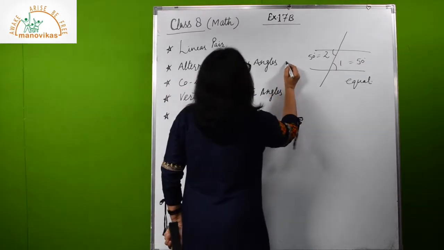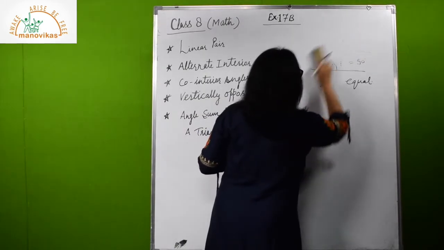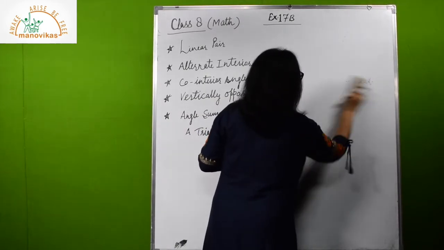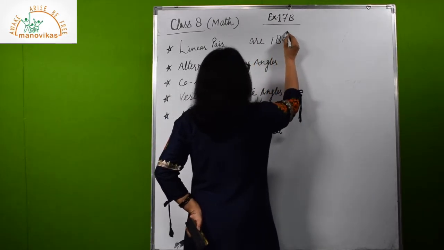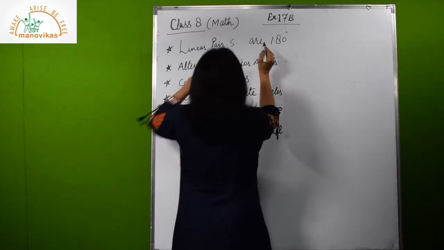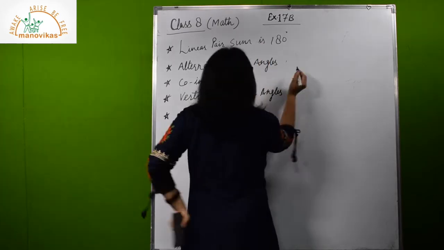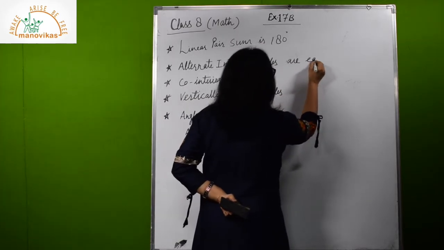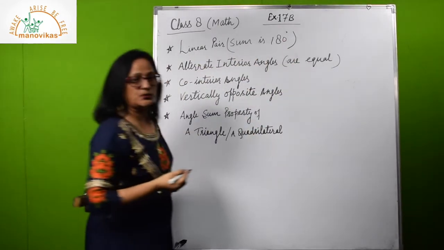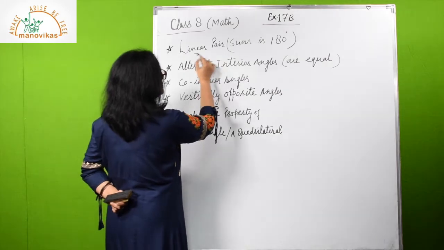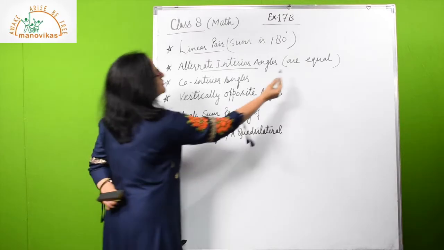So here I am writing the properties also so that you can remember. So second type of the angle that you have to consider is alternate interior angles. So for your reference I am writing here: linear pair sum is 180 degree. Alternate interior angles are equal. These properties you have to use. This I am writing in the bracket so that you will remember them. So first thing, linear pair you will check. Second thing, if any alternate interior angle is formed in the given parallelogram, you will use this property.